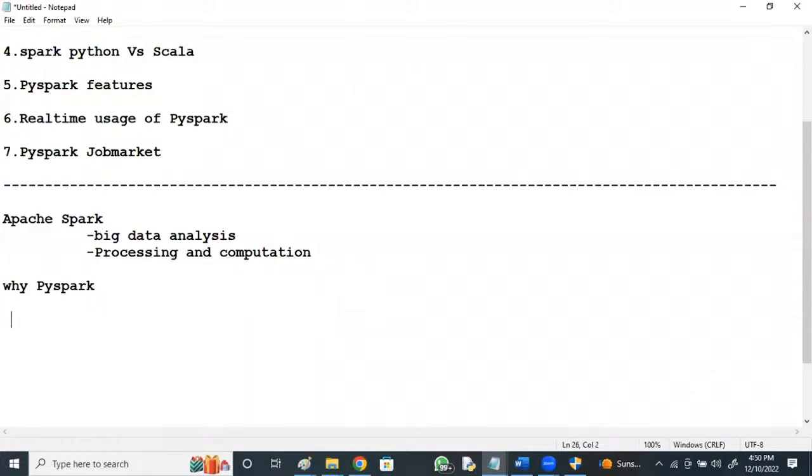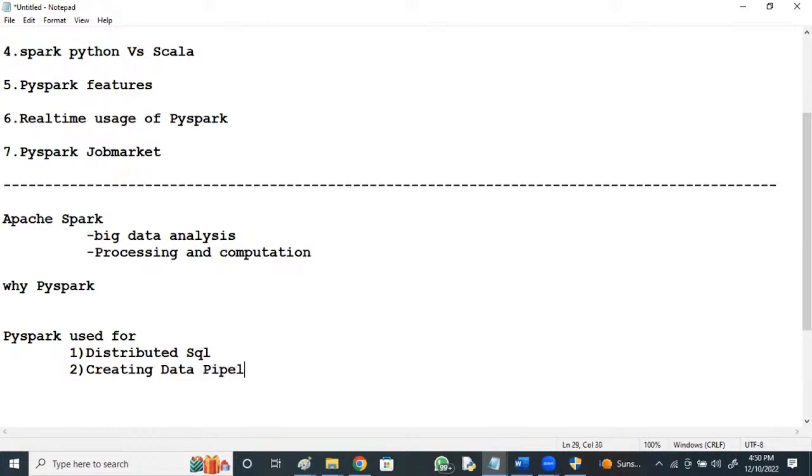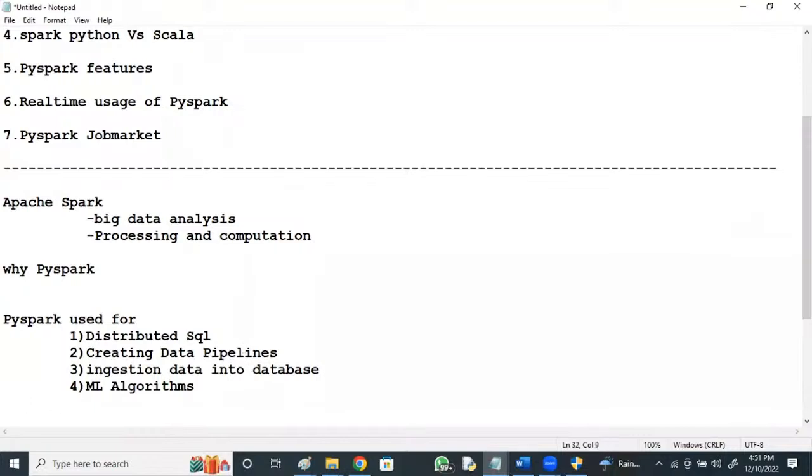So if I say why PySpark, just observe what PySpark is used for: for running distributed SQL, creating data pipelines, ingesting data into databases, for ML algorithms, for graphs and for data streams.